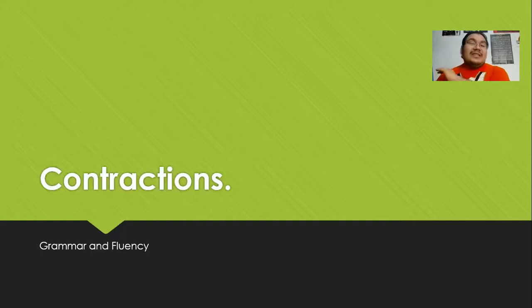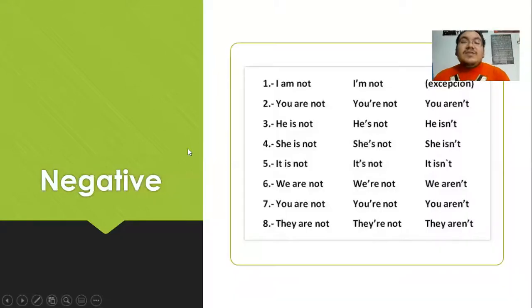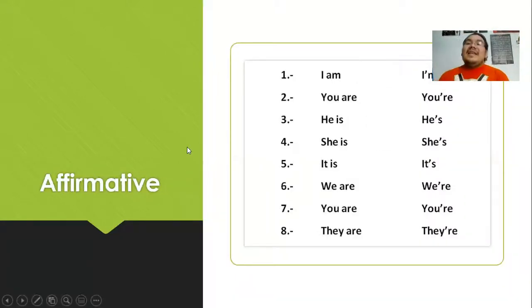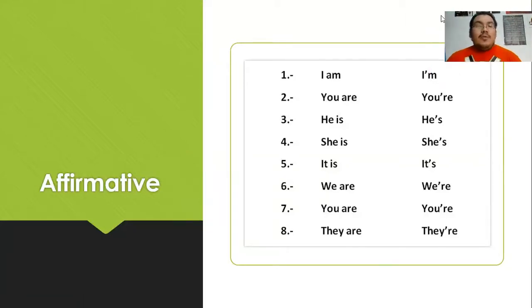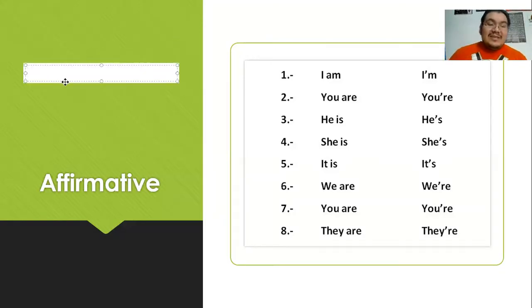So let's check this out. Vamos a revisar esto. First of all, the affirmative forms. Primero que nada, las formas afirmativas. I think it's pretty obvious that this is more about pronunciation and fluency. Why? ¿Por qué? What is easier to say? ¿Qué les resulta más fácil decir? ¿O qué les resulta más fluido decir?